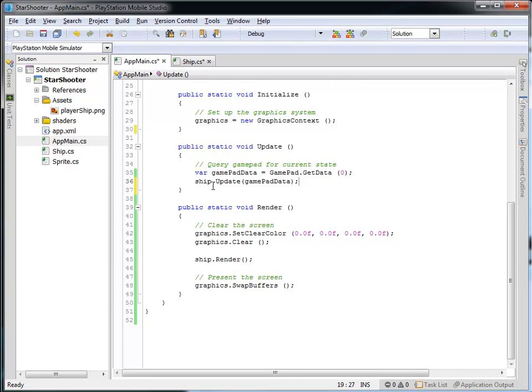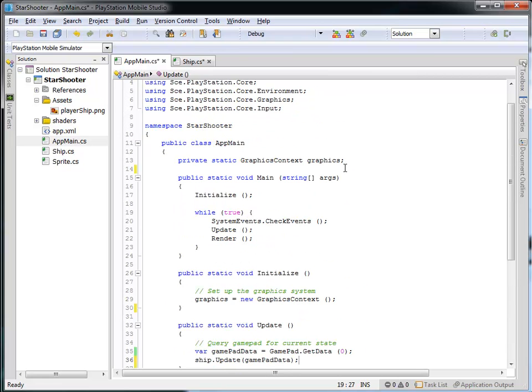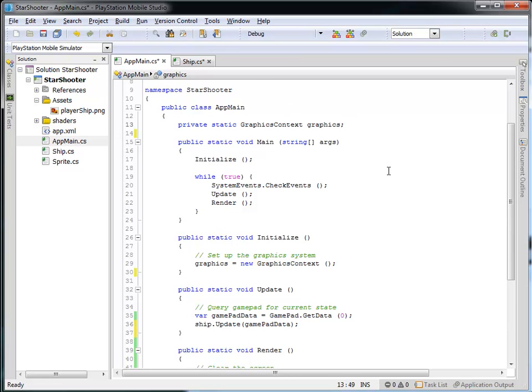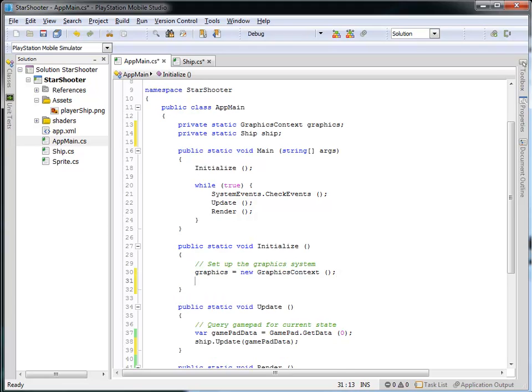So let's go in our app main, and let's actually change this. You'll notice that this is actually quite small now, and what I'd like to do is make use of the ship. So let's create a new private static ship, and I'm going to call it ship. Okay, so now I have a variable called ship, lowercase s, with the type being this ship class, capital S Ship. And in my initialize, what I'd like to do is set up the ship to be equal to